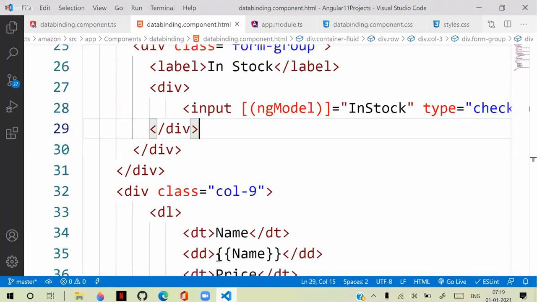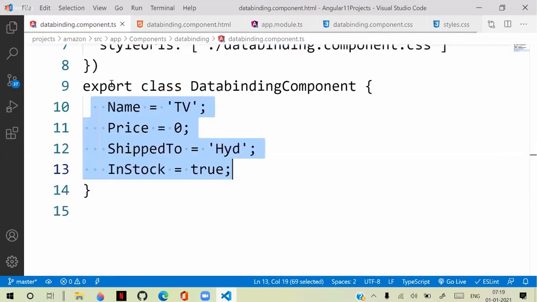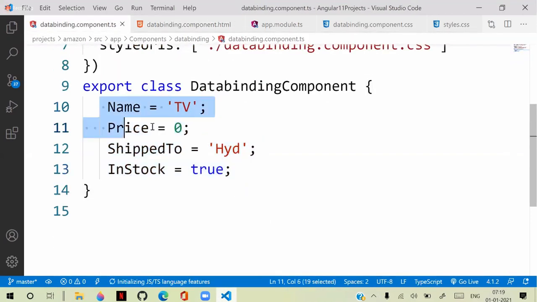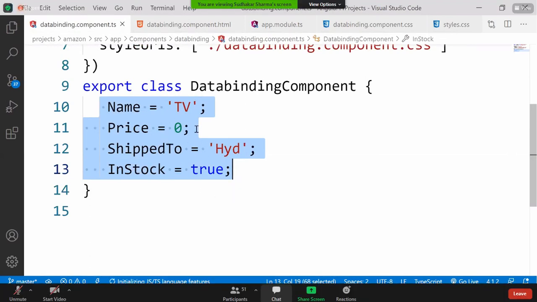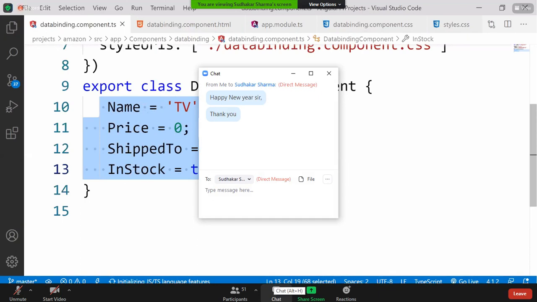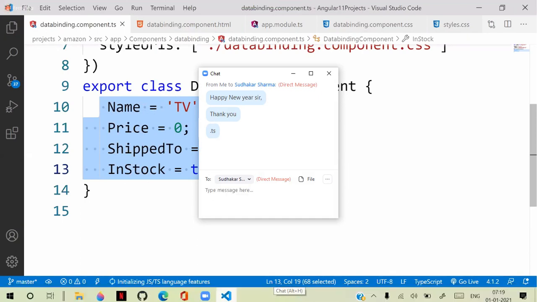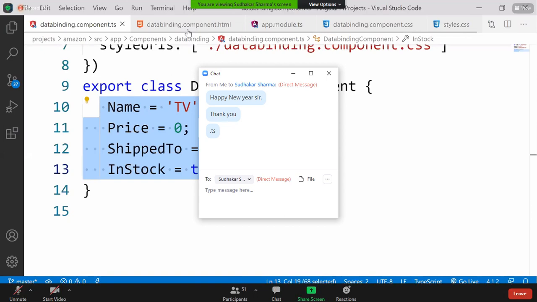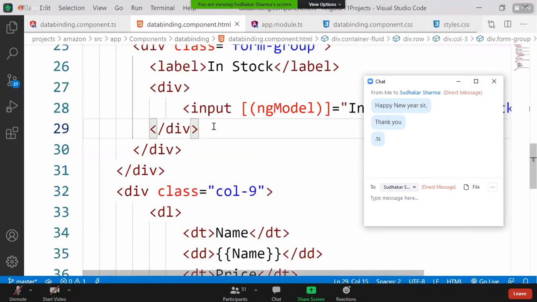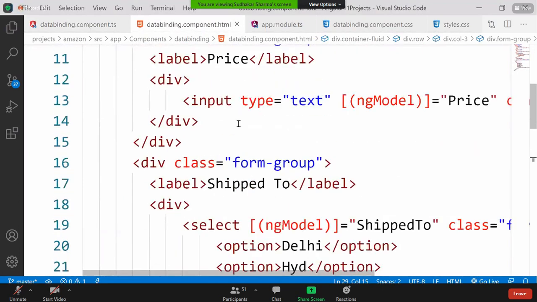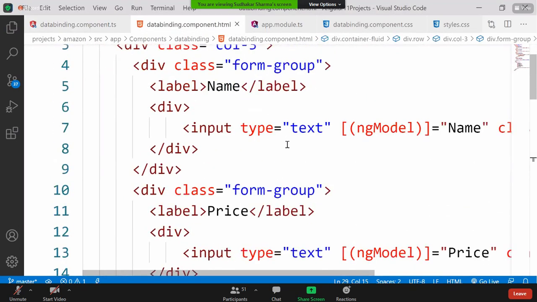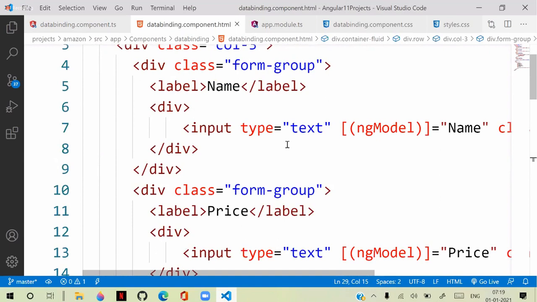Whatever data is present in the controller, meaning our TS file, we are binding it to the UI first, to text boxes, by using ngModel.